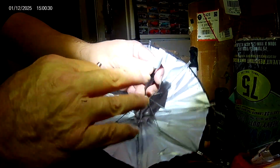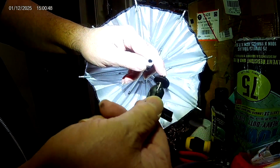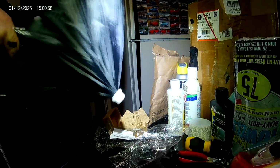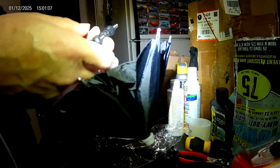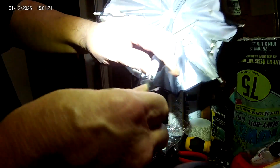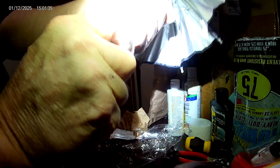Okay. Now, this is where I clipped the handle off. Let me make sure this is tight. I don't want it wiggling around. Okay. This end right here, I want to change these around. Let's see here. Okay. Take this and thread it. Push a little bit, but you don't want to push too hard because that'll mess the threads up. You're trying to cut threads into the plastic. If you just push hard while you're turning,